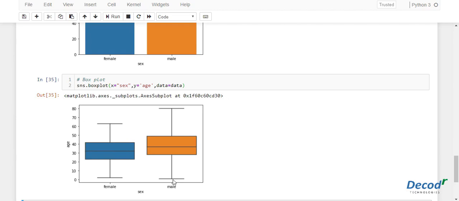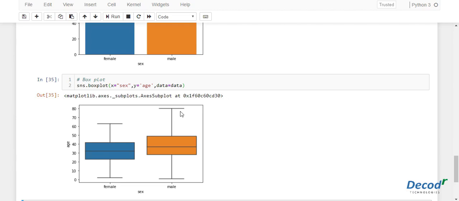So similarly you can distribute the number of passengers here. The first 25% are present in the first quartile, the second 25% in the second quartile, the third in the third, and the fourth in the fourth quartile. Now if you want to see the box plot for the age of the passengers of both genders, along with the information about whether or not they survived, you can pass